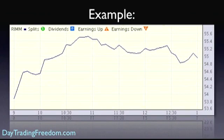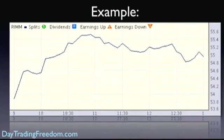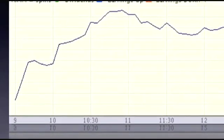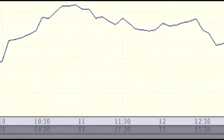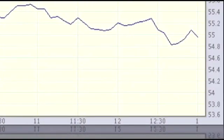Okay, this is a chart for RIM, Research in Motion, and as you can see that's a line chart. Obviously I don't normally trade off line charts, I normally trade off candlestick charts. I've just made this a line chart because it makes it easier to illustrate the point. And the point is that if you look at the price range on this chart from 9 o'clock, I hope you can see it on the video if it's not too small, the chart starts at 9 o'clock over on the left. If you look at the price range from 9 o'clock, which is about $53.80,